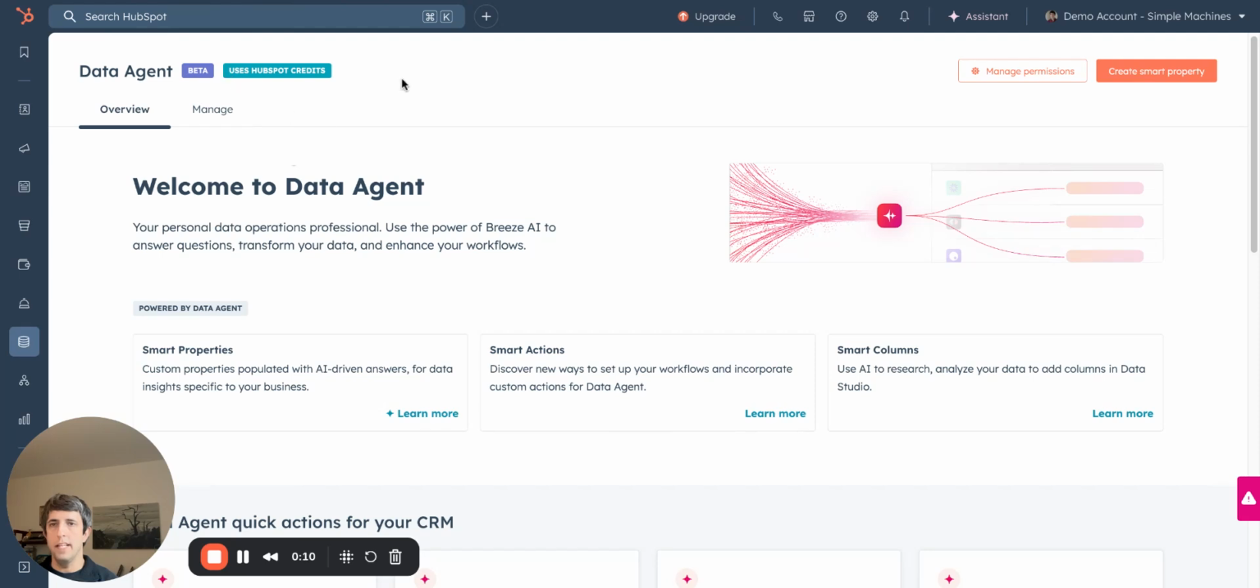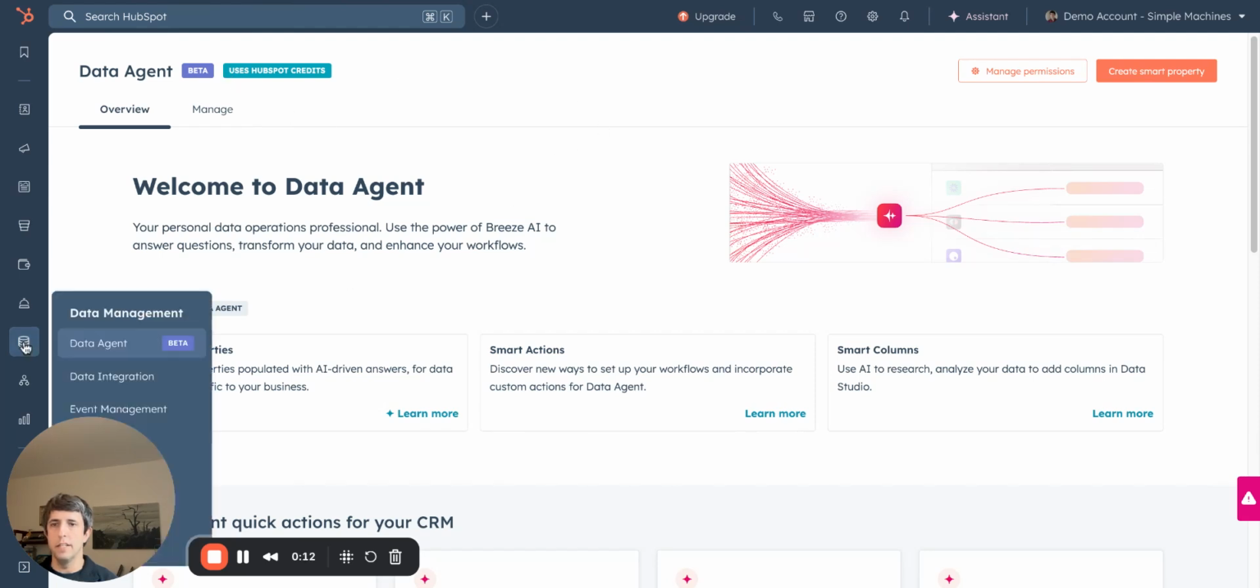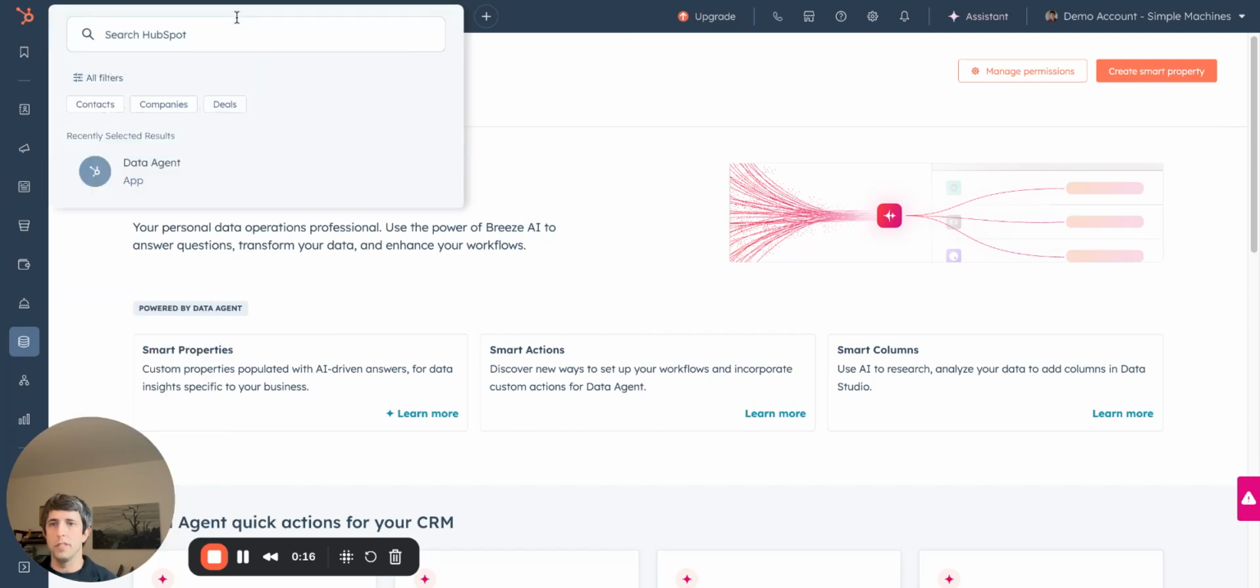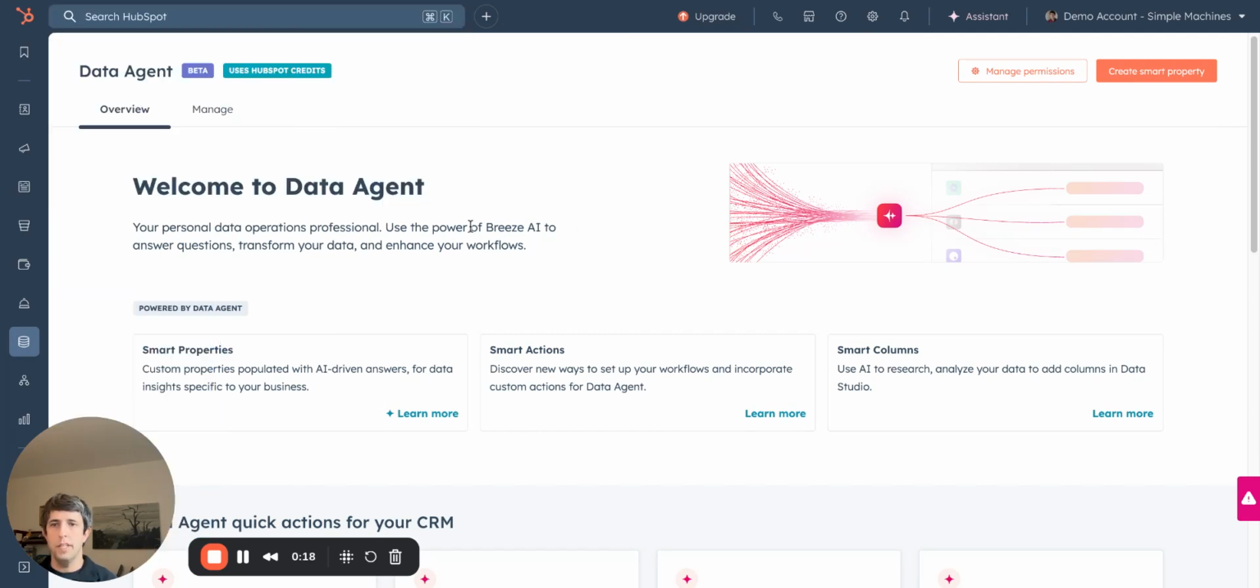So right now I'm on the data agent homepage, and to get here, you can either go to the data management navigation or use the search feature. Once you get here, you have your overview. You can manage agents that you've already created, but today we're going to go straight here to create a smart